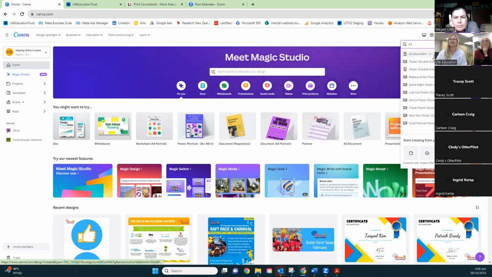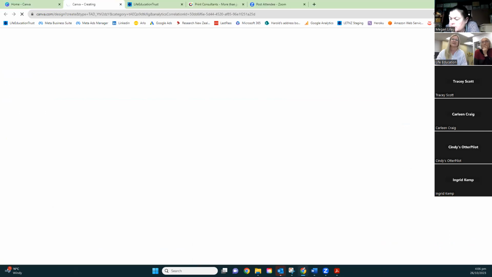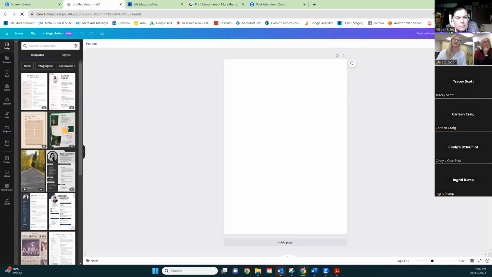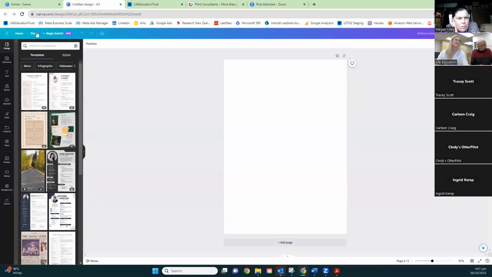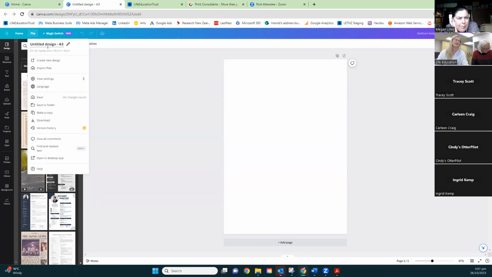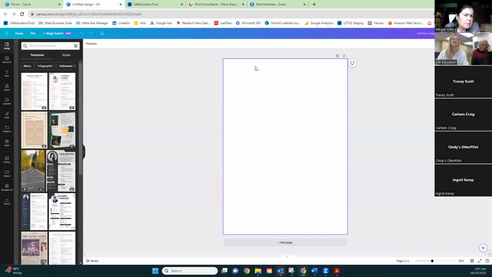So I'm just going to go A3. We'll pop it in there. Now you can also resize and alter your document in here. So you can put in your document's name, the top there to save it in here. And you can save it into different folders if you'd like to as well, if you're filing your documents. But just to get started, we'll